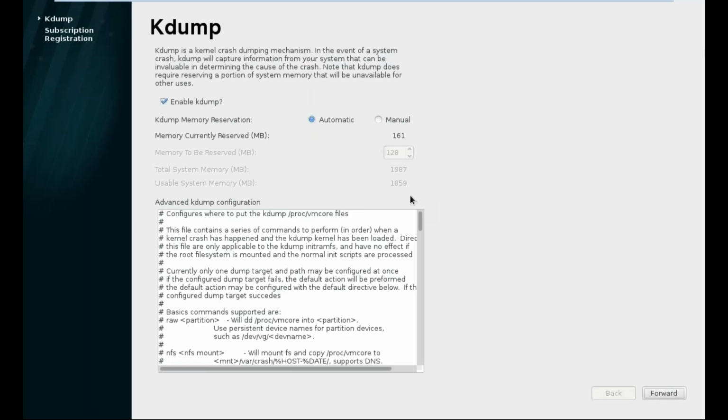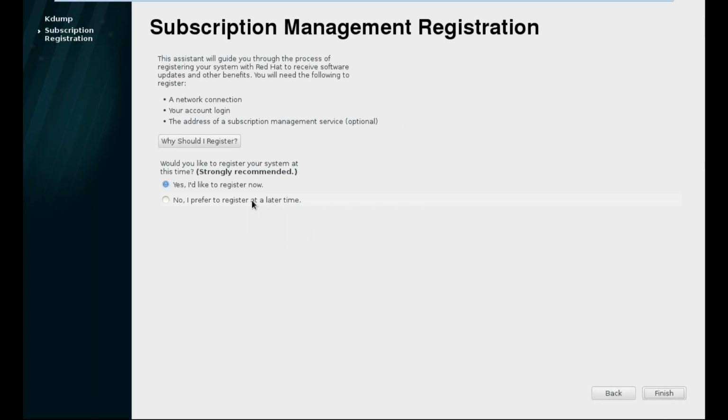Kdump is enabled automatically. Click on forward. No, I prefer to register at a later time. Click on finish.